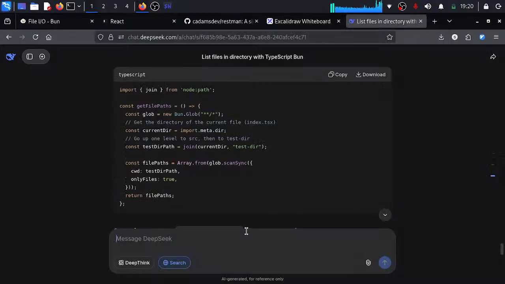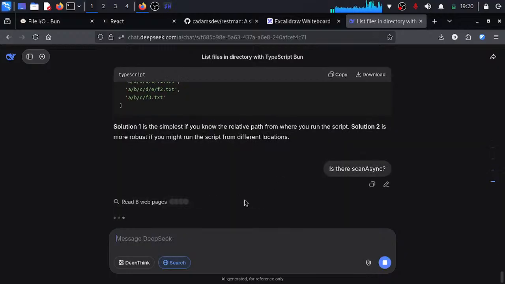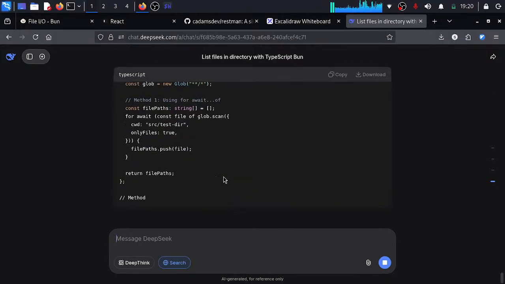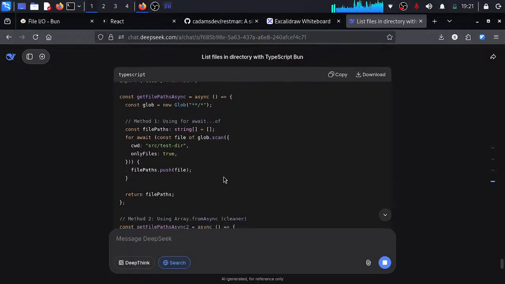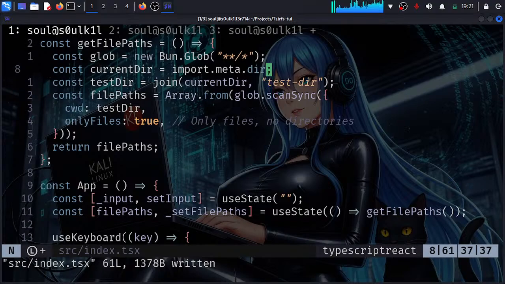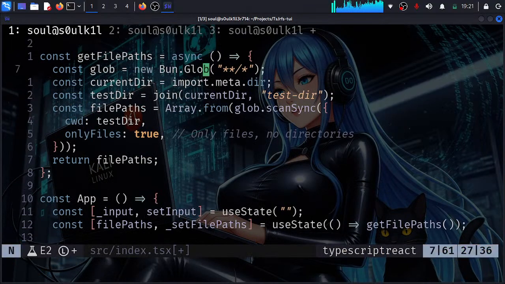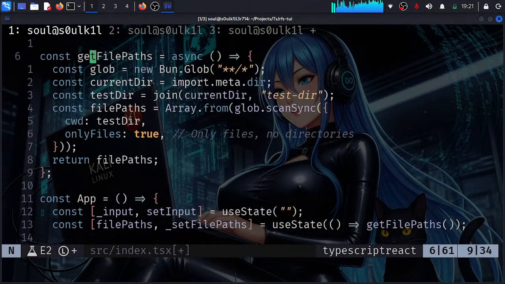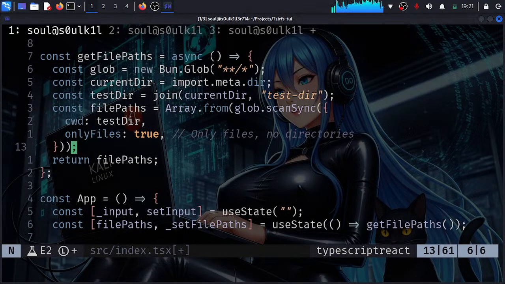Is there scan async? Actually, I do need async because I want to show loading states. So what you do need is one glob, and then instead of doing this,